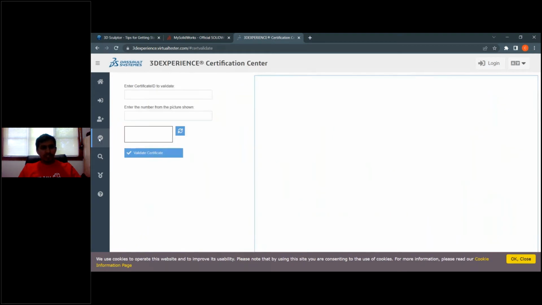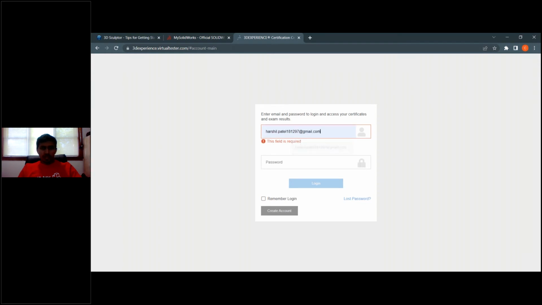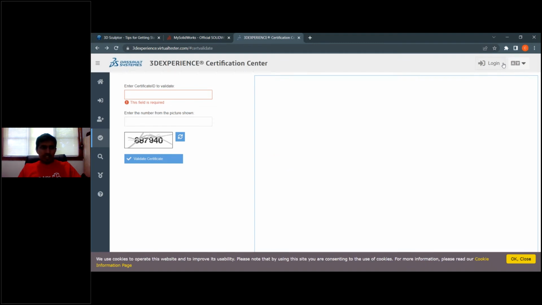If you have any SolidWorks certification, you can easily enter the credentials, and any employer or recruiter can verify your certification from the 3D Experience virtual tester. You just have to log in, and you can check your certification. Right now I have 11 certifications in various 3D Experience platform and SolidWorks, which I can access through the 3D Experience Center virtual tester website.